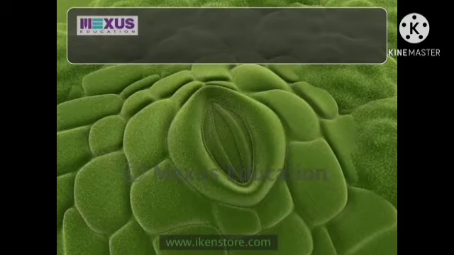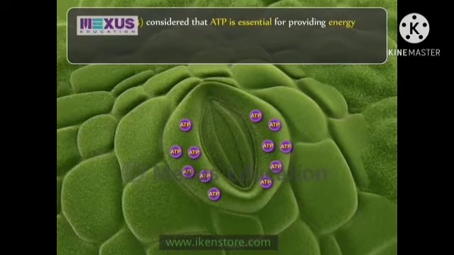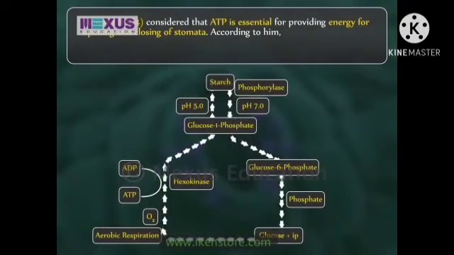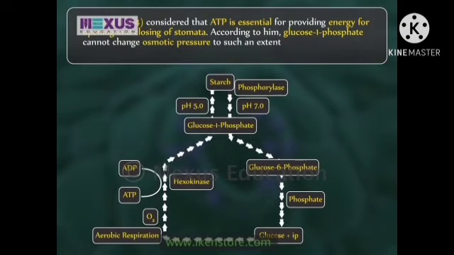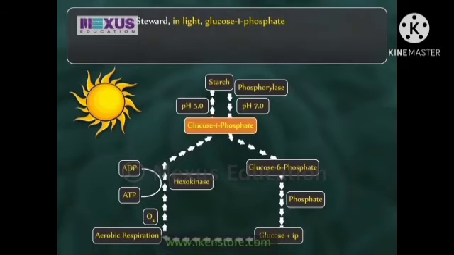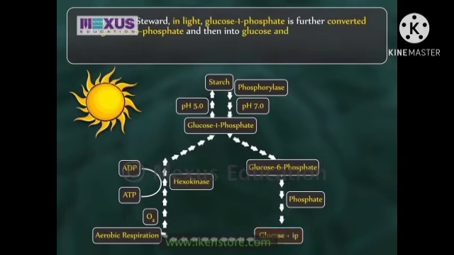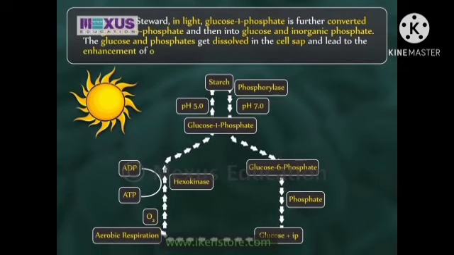Steward, in 1964, considered that ATP is essential for providing energy for opening and closing of the stomata. According to him, glucose 1-phosphate cannot change osmotic pressure to such an extent which can induce the stomata to open. According to Steward, in light, glucose 1-phosphate is further converted into glucose 6-phosphate and then into glucose and inorganic phosphate. The glucose and phosphates get dissolved in the cell sap and lead to the enhancement of osmotic pressure,